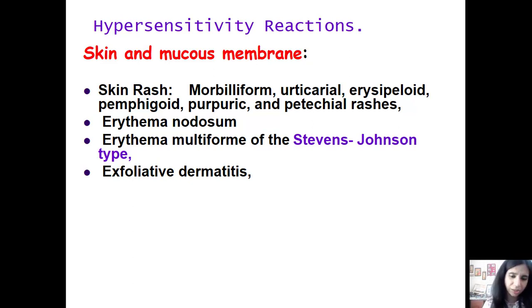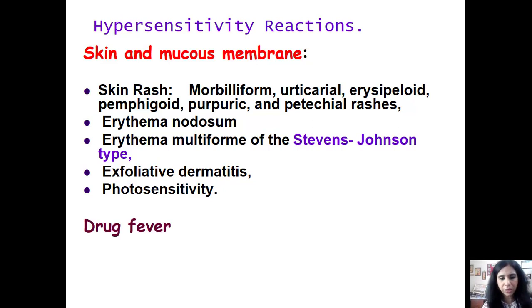Lamotrigine is also one of the anti-epileptic drugs which is associated with Stevens-Johnson syndrome. Many NSAIDs are associated with Stevens-Johnson syndrome. This is a drug emergency, an emergency adverse drug reaction. The patient needs immediate withdrawal of sulfonamide and attendant treatment. It is also characterized by exfoliative dermatitis, photosensitivity, that if you go out in the sun, there is a rash if you are on sulfonamide therapy.